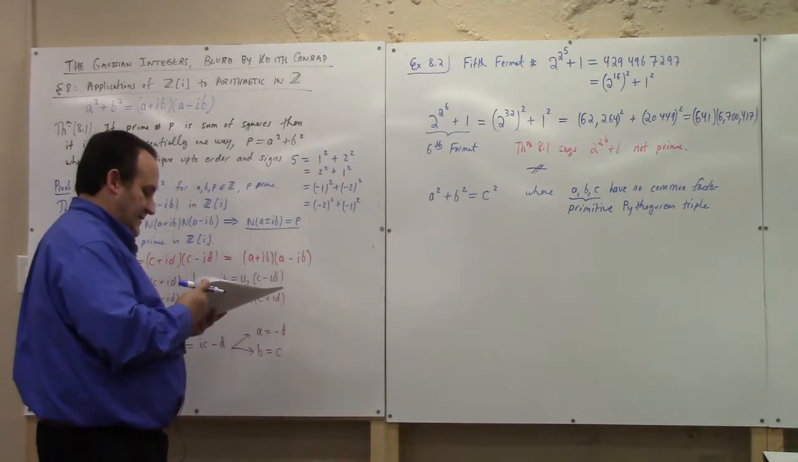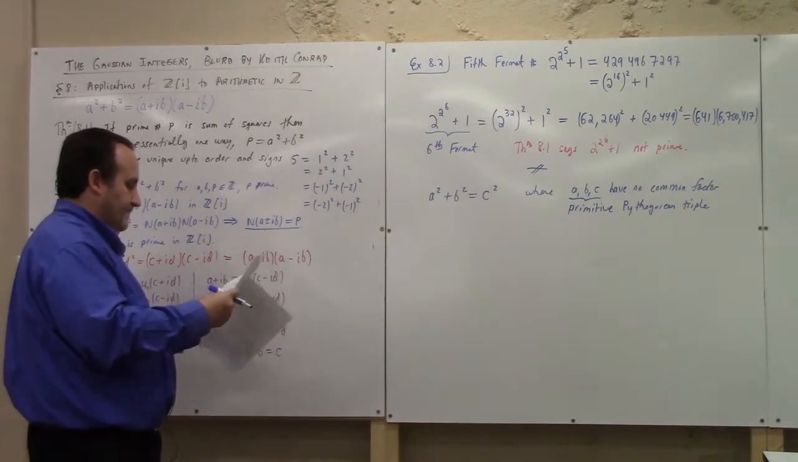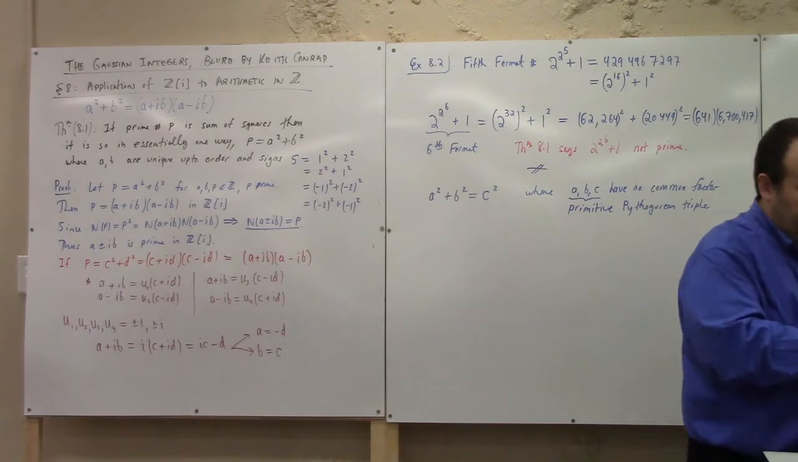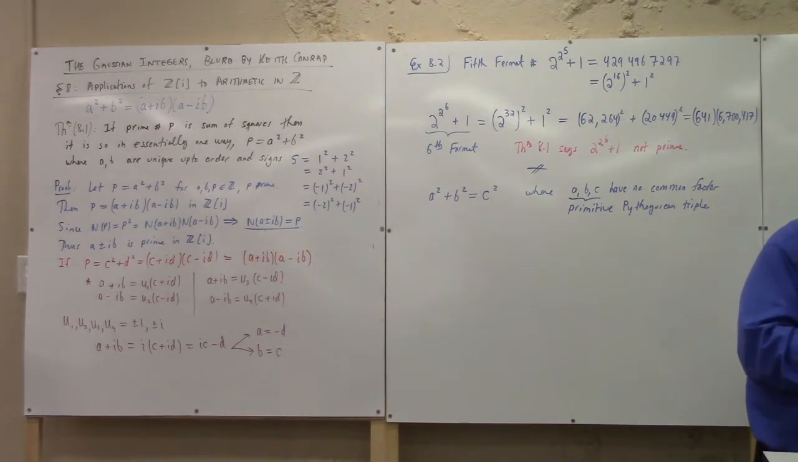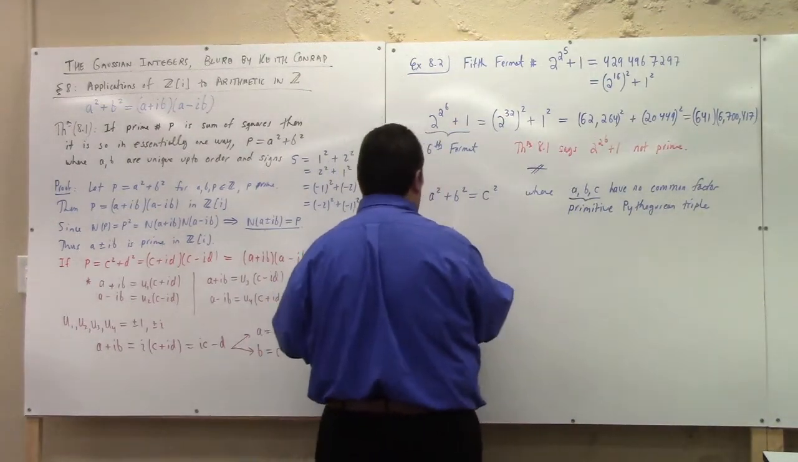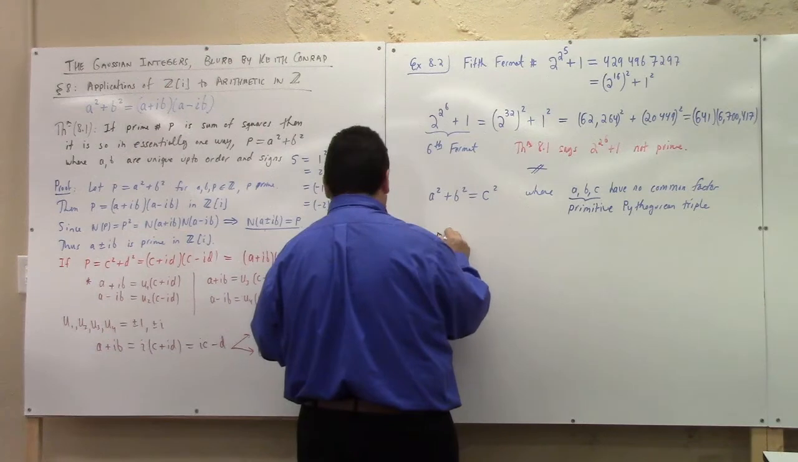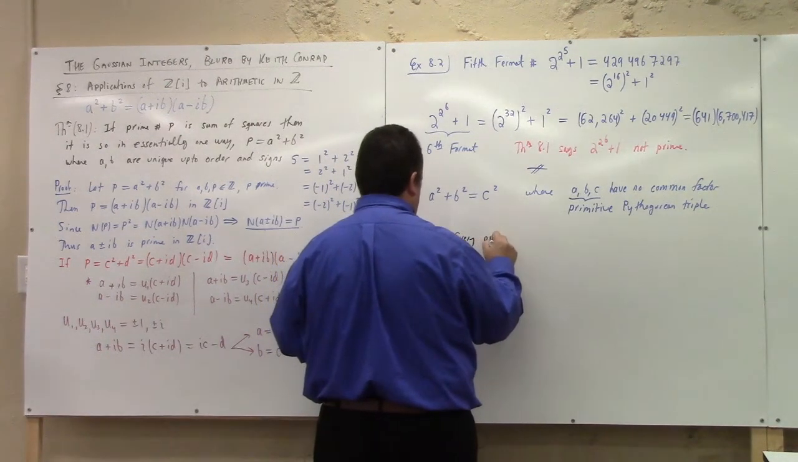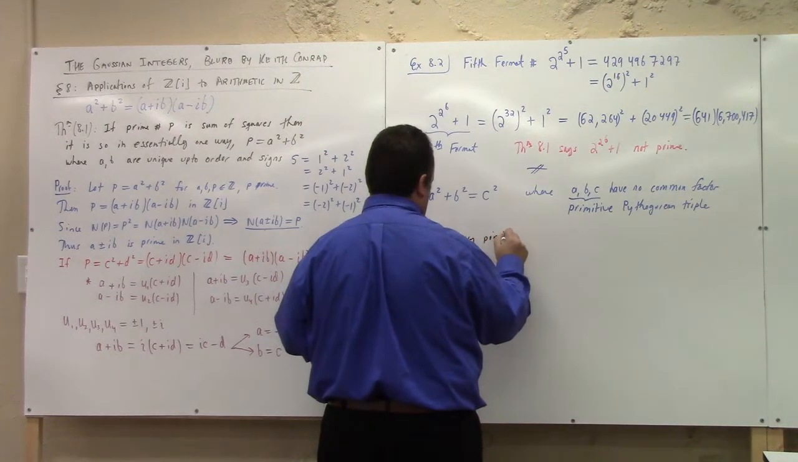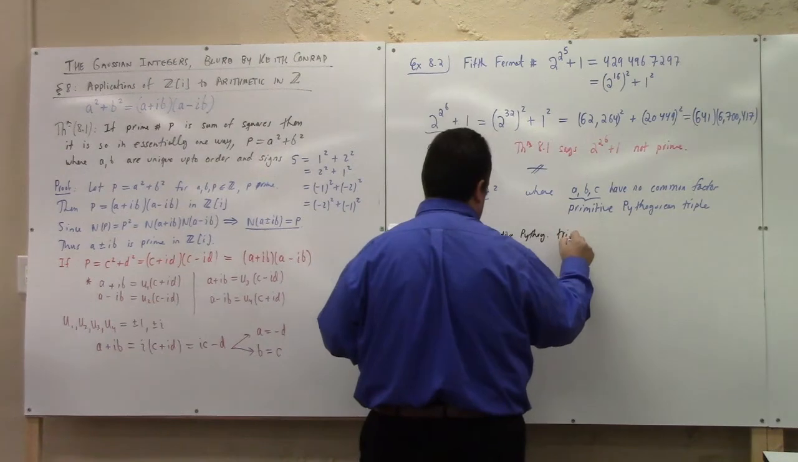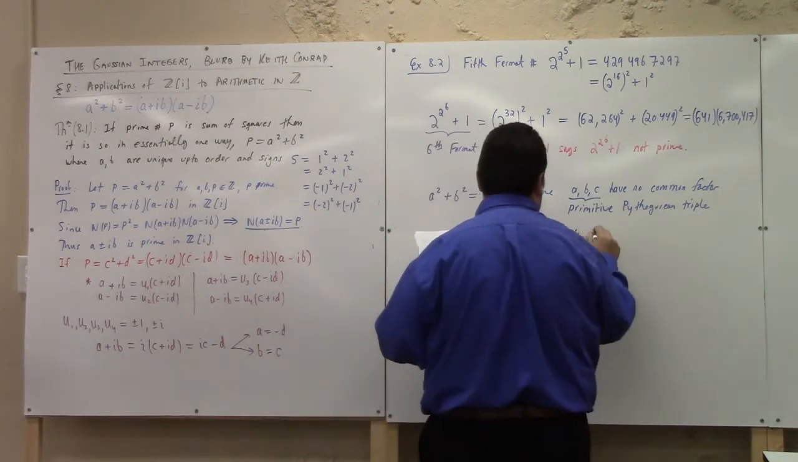So let me just go ahead and state the theorem here. And we've seen this before, all right? But actually a proof is given here. We just claimed it before, we didn't really prove it. Theorem: every primitive Pythagorean triple A, B, C